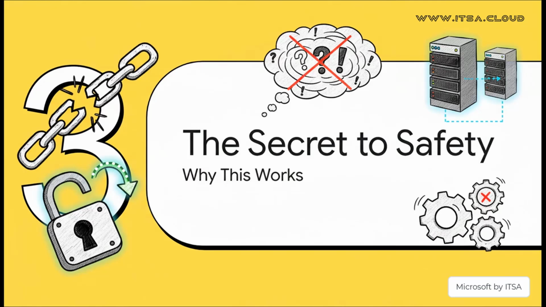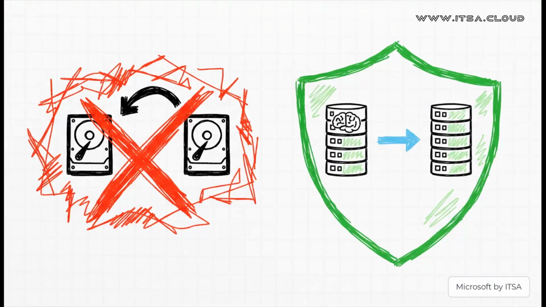Now, I know exactly what every seasoned AD admin is thinking right now. You're probably screaming, cloning a domain controller? Are you insane? I mean, for decades, it's been drilled into our heads that this is one of the cardinal sins of IT, a one-way ticket to database corruption and absolute chaos. So what makes this safe? Let's be crystal clear, this is not that. This is not the generic, unsupported block-for-block disk copy that rightly strikes fear into the heart of every administrator.